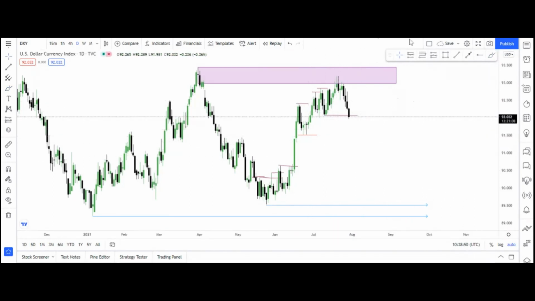So what do I expect dollar to do? I expect dollar to go back up, because after every BMS there has to be an RTO or a mitigation. So I go back to this purple area right here for RTO, return to order block, before we go down to this old low. That's just my thesis, and if you understand what I'm saying, you would agree that's what is likely to happen.